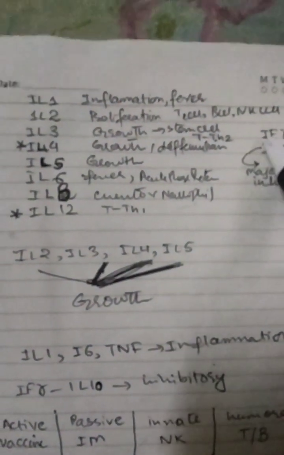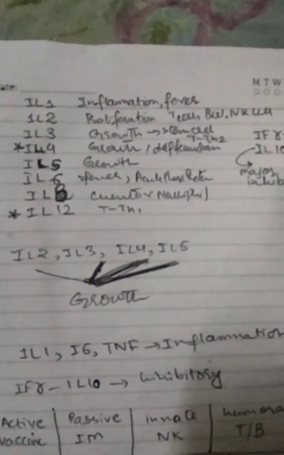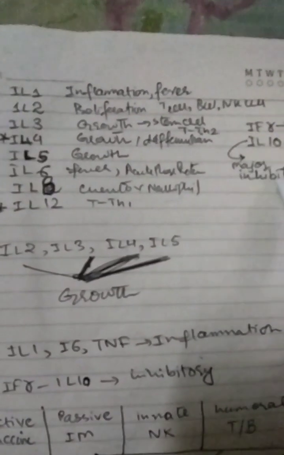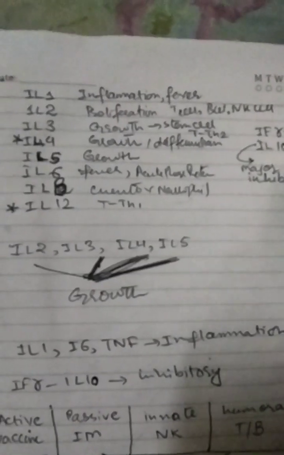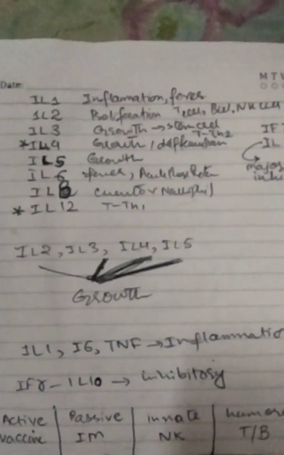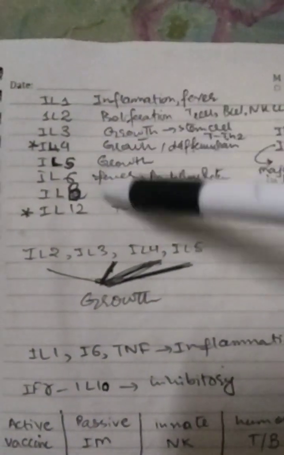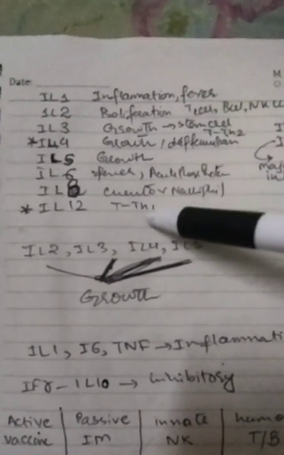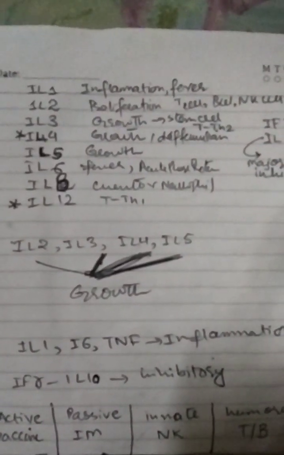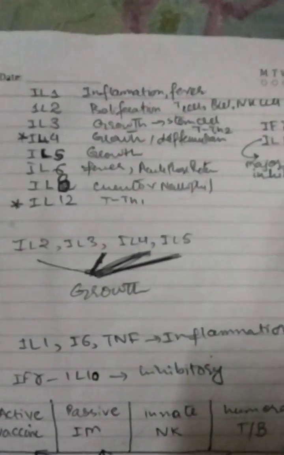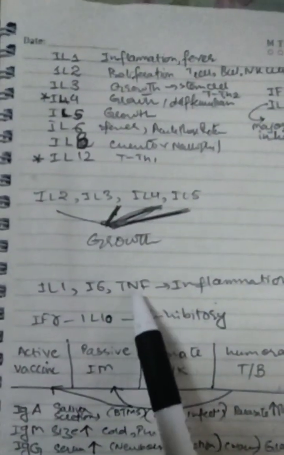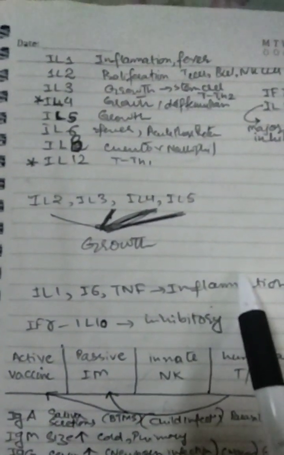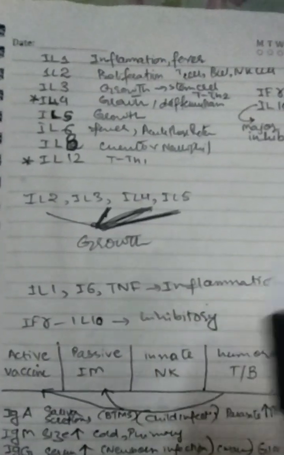The interferon gamma is responsible for Th1 cells, and the major inhibitory interleukin is IL-10. So it is very clear that there are a lot of interleukins that cause the inflammation, and there is only one which is causing the inhibition. So that's why in any inflammation it takes a long time to get inhibited. IL-1, IL-6 and TNF, tumor necrosis factor, are all raised in inflammation.